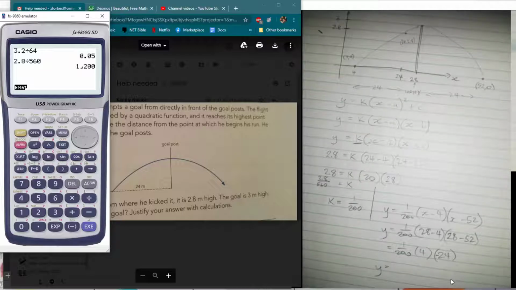At point 28. Yeah, that should work. What did I do wrong? Oh, this is good for you guys anyway. Well, why do I know it's wrong? Because the answer should be coming out somewhere around about 3. And right now my answer's coming out negative, like negative a half. So that's not right. Let's have a double check. Okay, that's why we've got tidy working, it's fine. So we didn't use